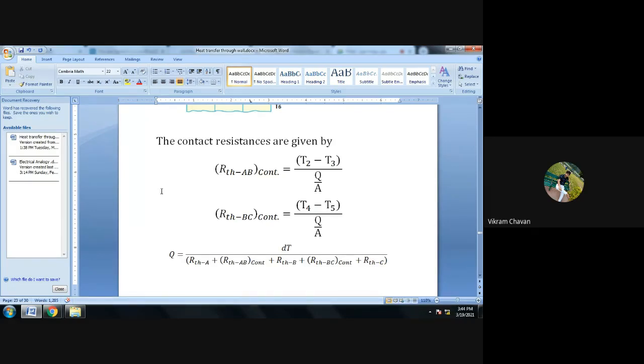Can you tell me what will be its unit? Contact resistance unit? Temperature unit is degree Celsius. Heat transfer rate Q unit is watt and area unit is meter square. So it will be degree Celsius per unit watt per unit area. That will be the unit for thermal contact resistance. Okay, so R_TH,BC contact is equal to T4 minus T5